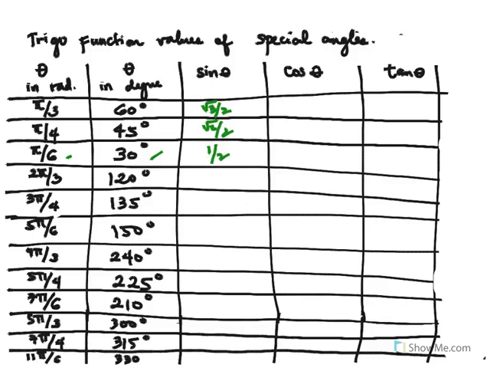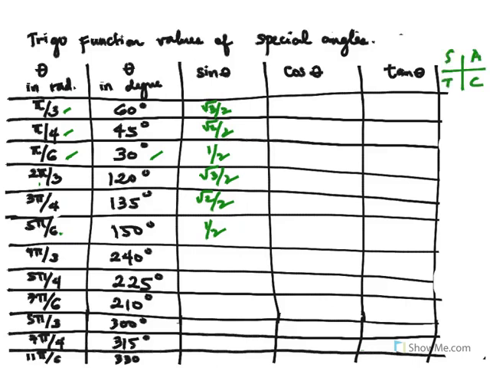When it comes to quadrant 2, the multiples of pi over 3, pi over 4, and pi over 6 still have the same values. So, sine 2 pi over 3 is square root of 3 over 2. Sine 3 pi over 4 is the same as sine pi over 4, square root of 2 over 2. Sine 5 pi over 6 is the same as sine pi over 6. That's 1/2. Okay, pagdating sa quadrant 4, okay, recall